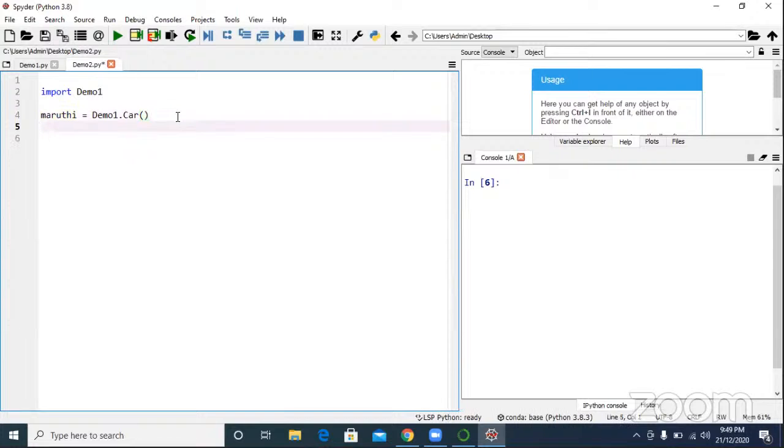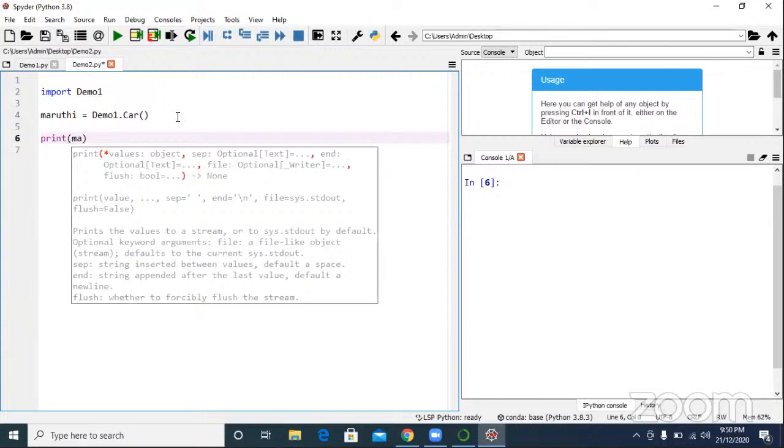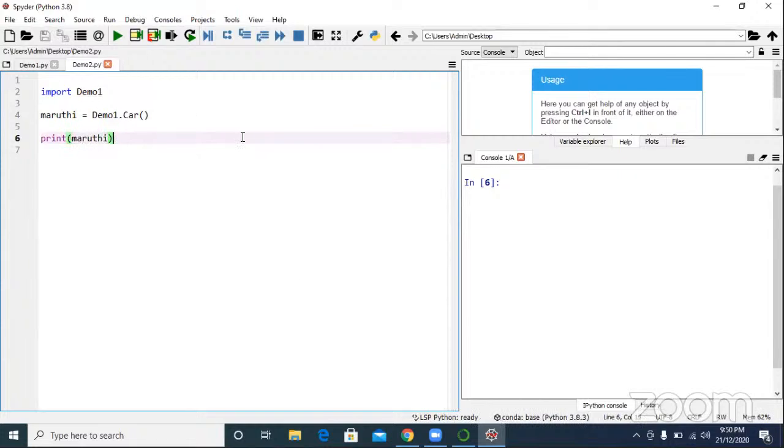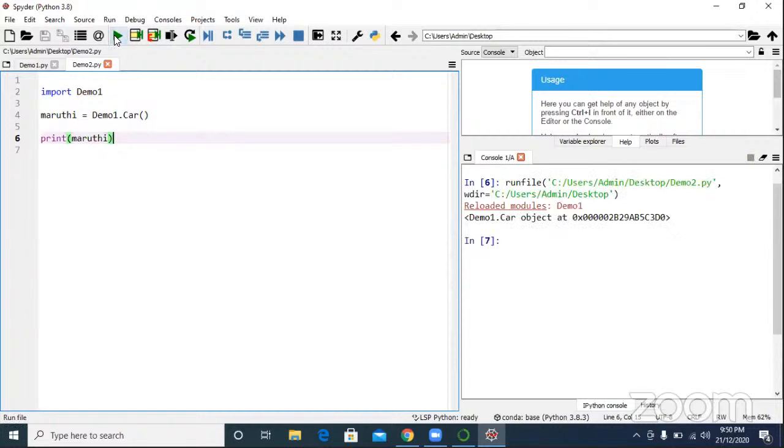If you want, you can see. Every object will have some reference name with some memory location address. Are you able to see?